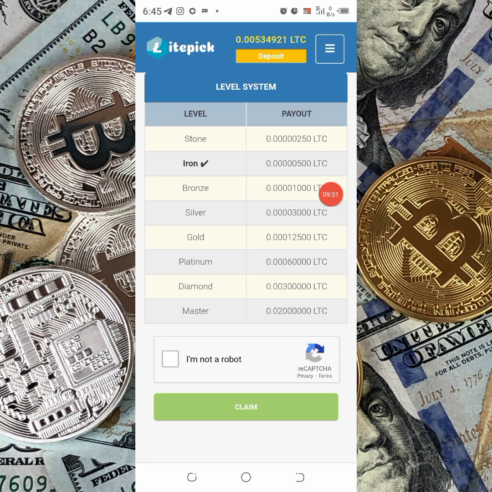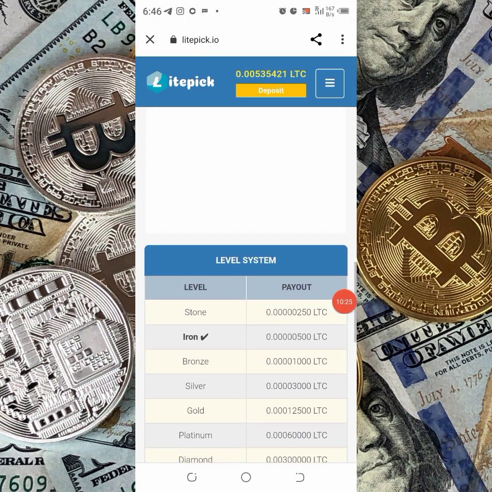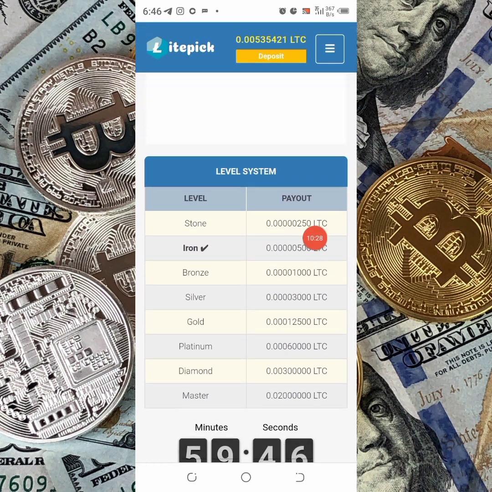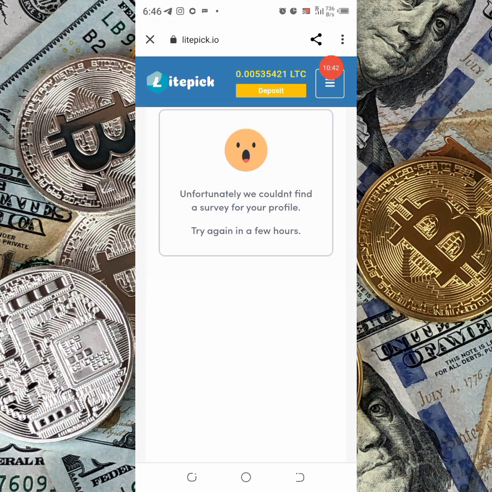Now, to start claiming this amount of Litecoin, depending on the level that you are, you need to tap on this button named I am not a robot, and you have to tap on claim. Please wait, you can see I have gotten this amount of LTC and I have to come back after 60 minutes. Okay, now if you want to increase your level, you have to make a deposit by coming over to the